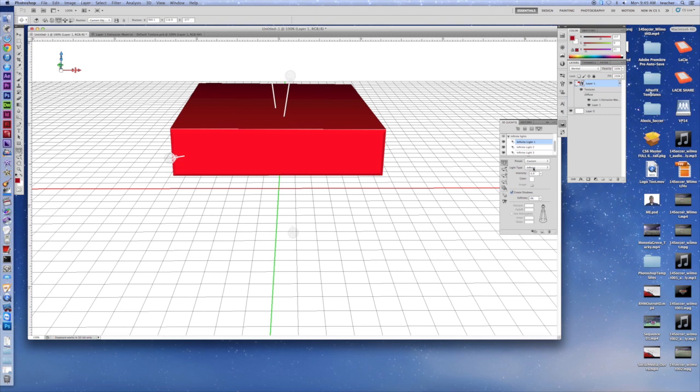So I'm going to leave it at infinite light, but I'm going to change my softness here to 100%. Otherwise I get some really dark shadows that are way out of control. Okay, with this one selected out here, if I rotate this around, click on my light